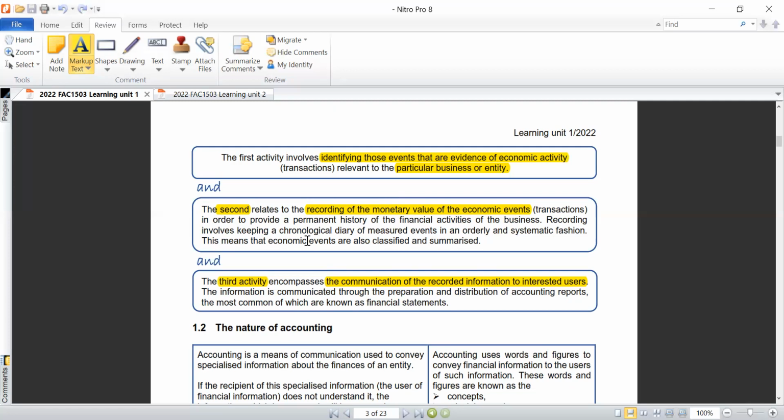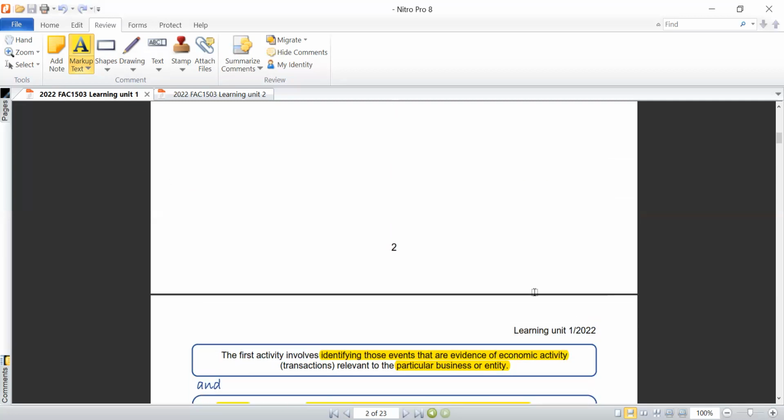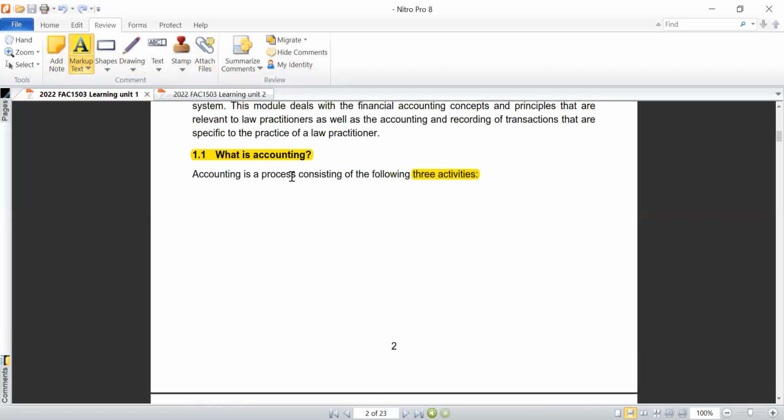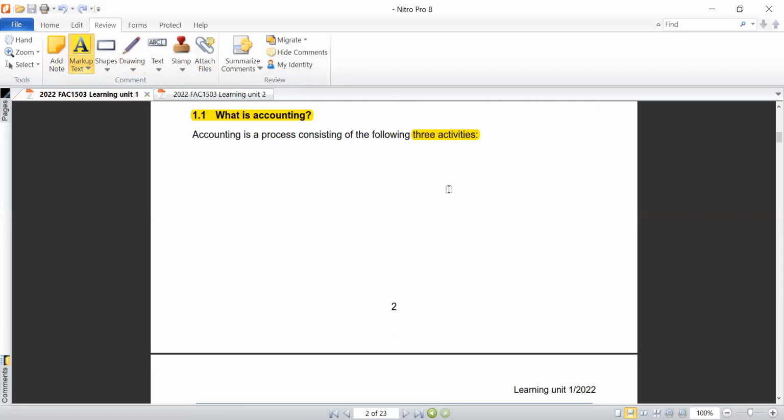Yeah, that's where the concept behind elements of financial statements becomes handy, because we need to know what element is affected in a transaction so that we can correctly classify the events in the financial statement. Three important activities to remember. They can ask you a question about it, so that's why I'm explaining it, right? So they can ask you to say, what are the three activities of accounting?